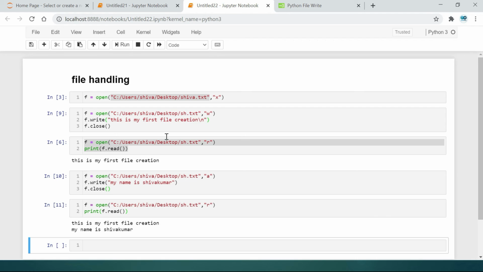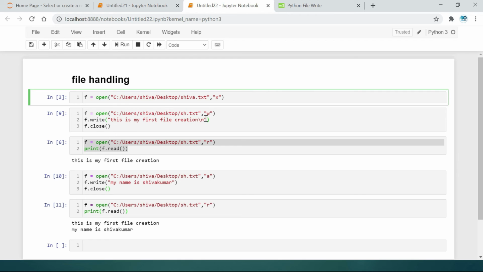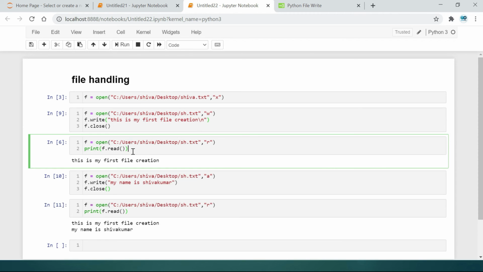Here we have to learn x value to create an empty file, and w value should be to create a file and give a particular value, and here we are using r to read whatever the data is in the file, and a means append.